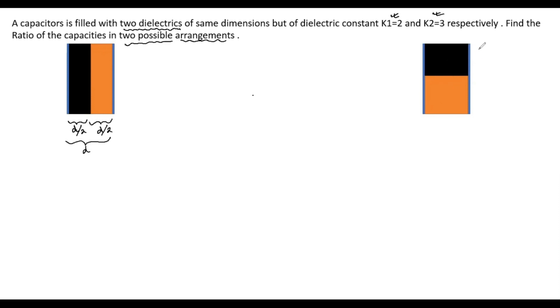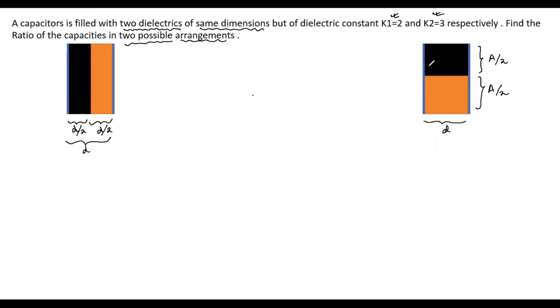Here the areas are different. Cross-sectional area of the dielectrics are different. It is A by 2 and A by 2. But their thickness is the same, which is the same as the separation between these metal plates. Okay. So these are the two possible arrangements of how you can insert two dielectrics having the same dimension